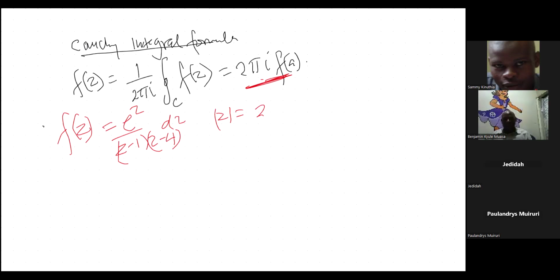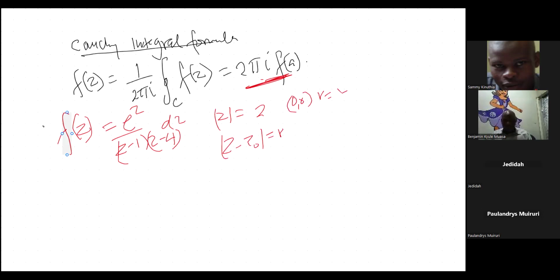The equation of a circle is always given by |z minus z naught| equals r. So you can see that our z naught here is 0, 0. So the center is 0, 0. And the radius is what? 2. So you can come and draw the